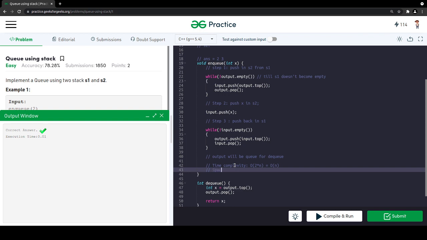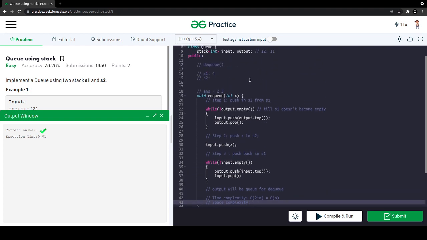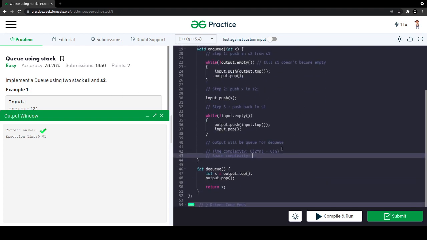And space complexity, if I talk about, since we are not using any extra space, we are given two stacks and we have to form a queue, but we are not using some extra space, right? So the space complexity is going to be O(1) for this. I am talking about only NQ.